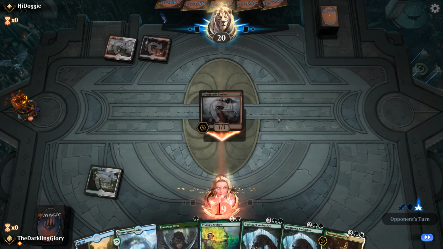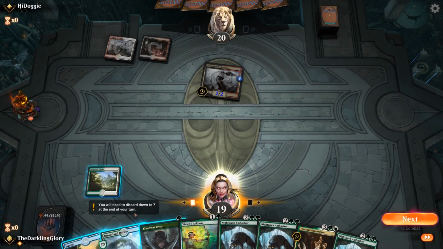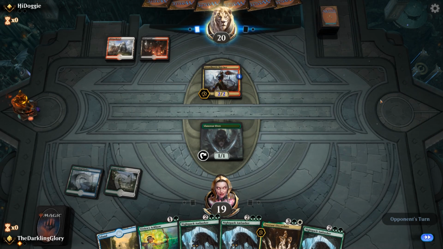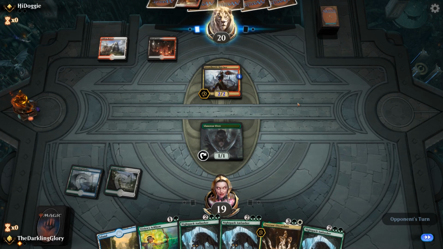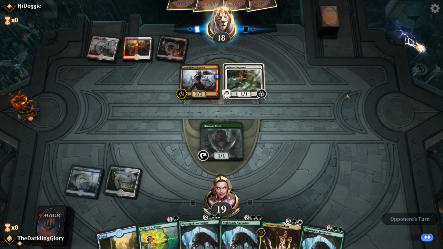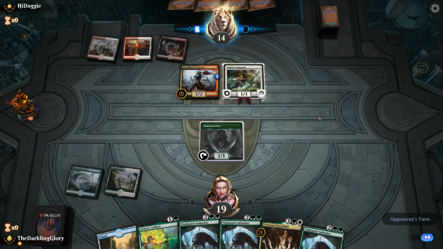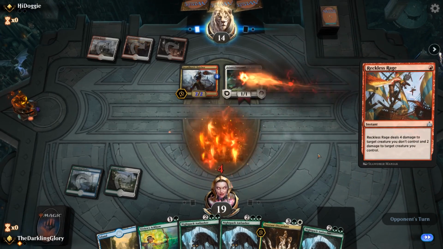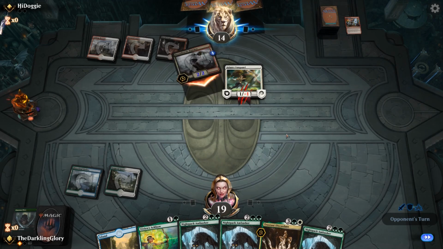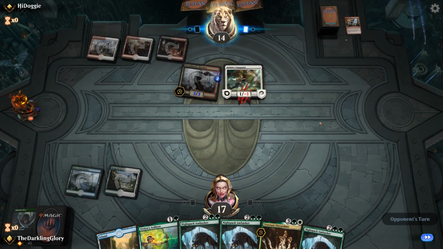Oh boy. We are officially in trouble. Next turn we can look to trade with this, maybe, if we're lucky. Ugh. Yep. Oh god. Huh. Oh, are they gonna Reckless Rage my elf? Yeah. And there were other ways to do this. They could have just attacked and hit me for 2 and then Reckless Rage there. I don't think this was the greatest use of that, but...